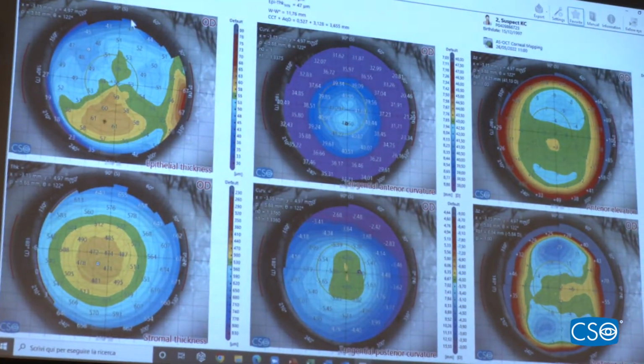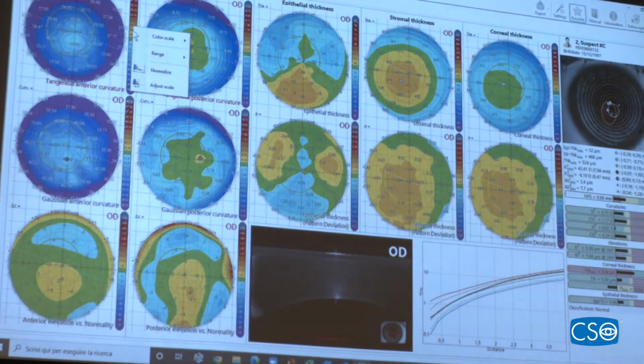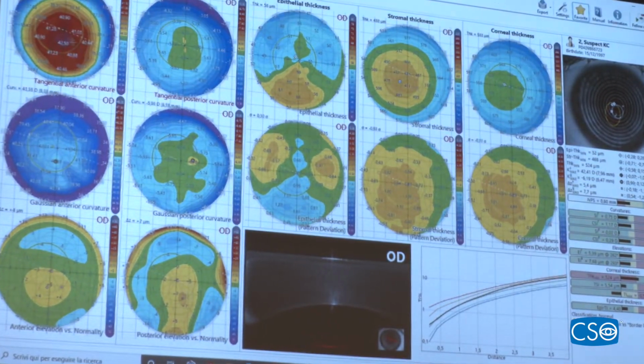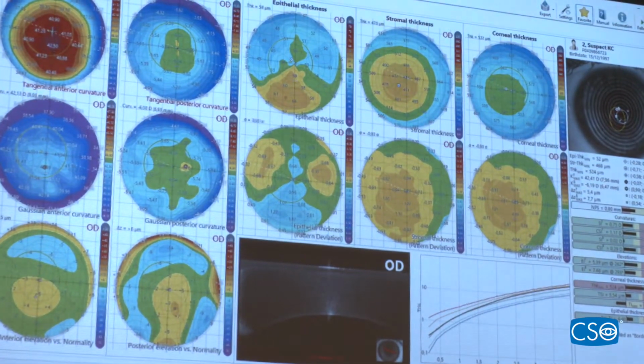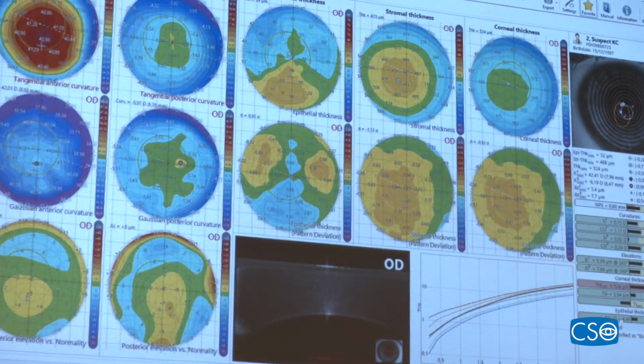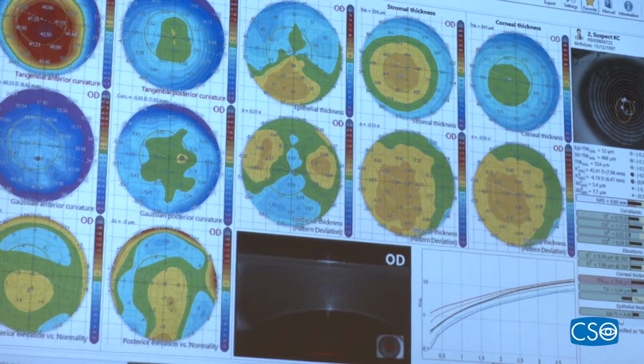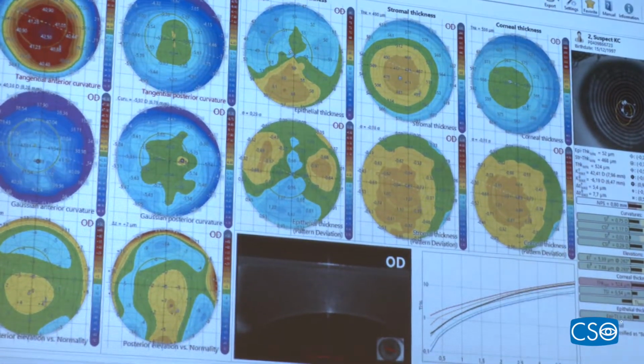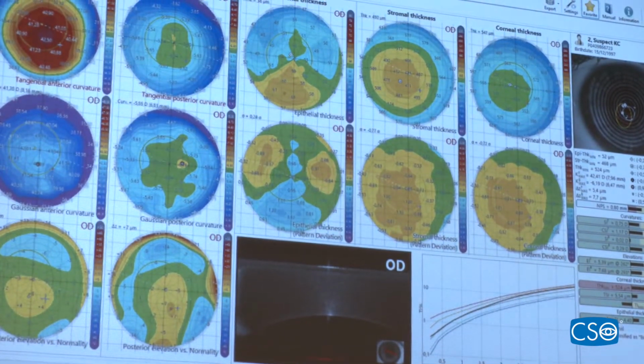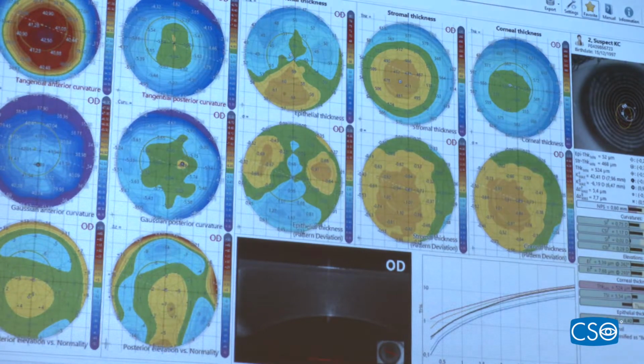Normalizing the anterior surface. There's a little bit of asymmetry, and the difference between the center and the periphery is quite marked. Also, it's coming out on the wavefront analysis of the anterior surface, and a little bit on the posterior surface. So if we go to the axis of the steepest part, and now we look at the epithelium,